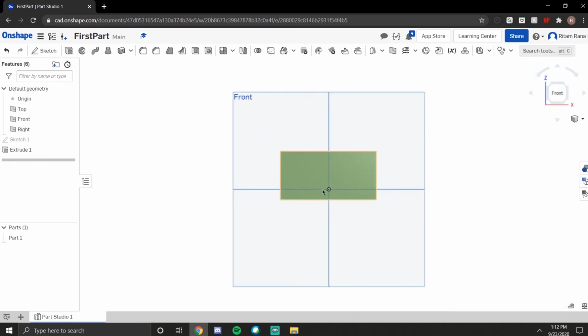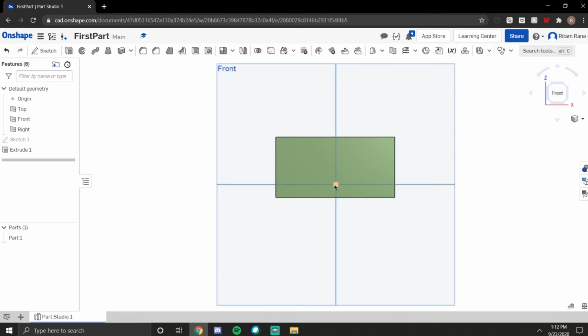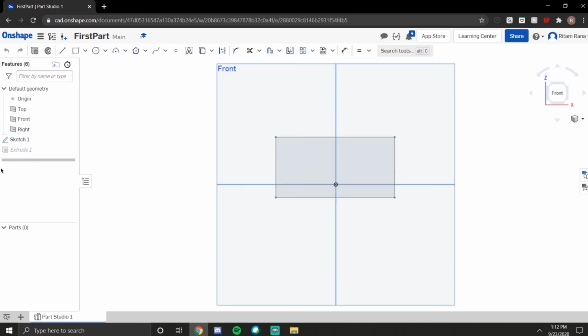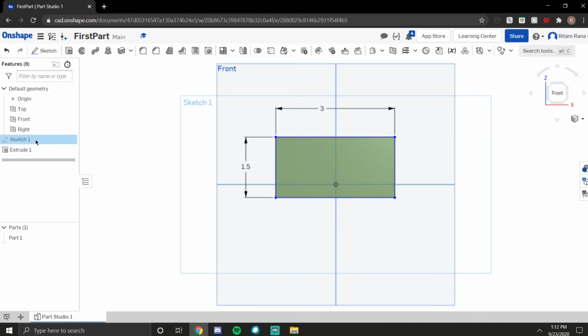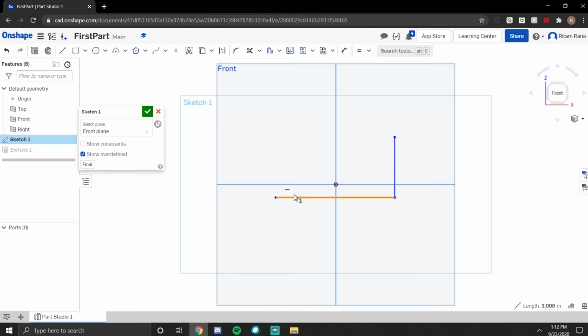So you created your first rectangle, but as you can see, the center of the rectangle is not at the origin. And that might be something that you want. So you want the center of the rectangle to be at the origin. So what you can do, instead of using lines in your sketch, and I just opened this up by double clicking this, what you can do is,